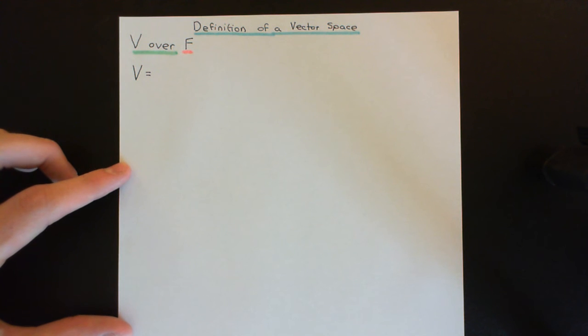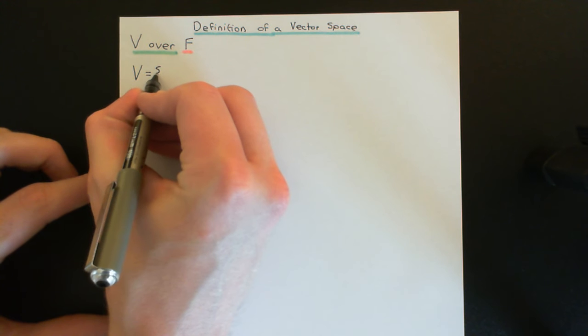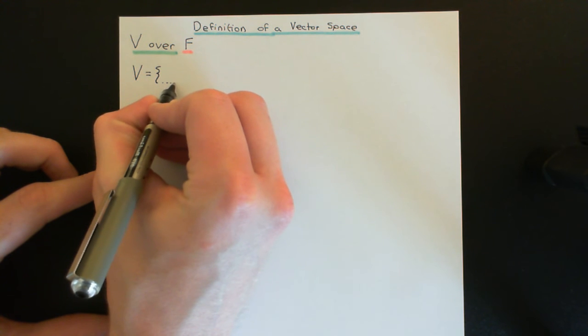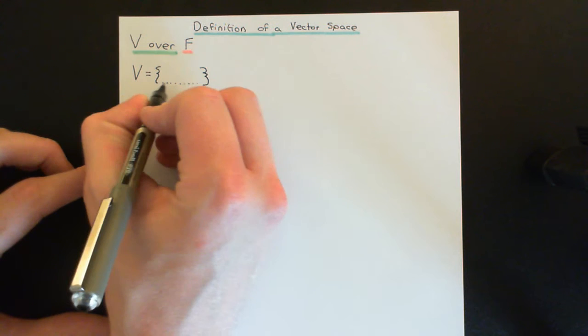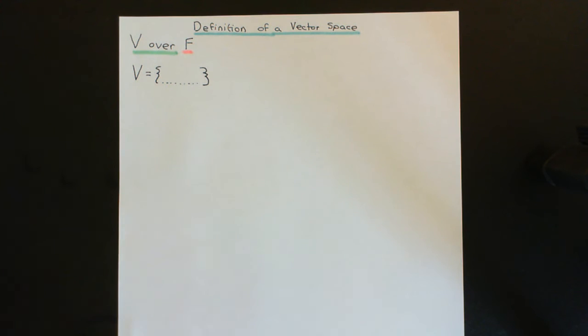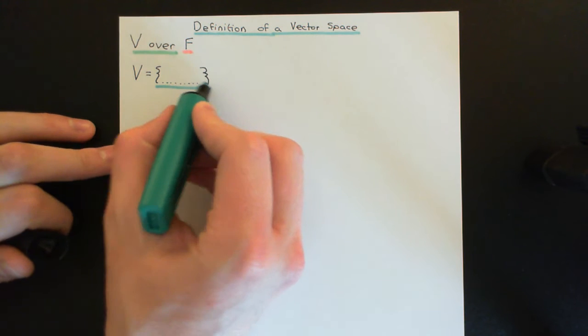Okay, so this vector space then, capital V, as always with these number systems, with groups and fields, is going to start off with just being a set of symbols. It's going to start off its life as just a set of symbols, and you can make this set of symbols up. This could be a finite set of symbols or it could be an infinite set of symbols. Okay, so here is the starting point for our vector space.